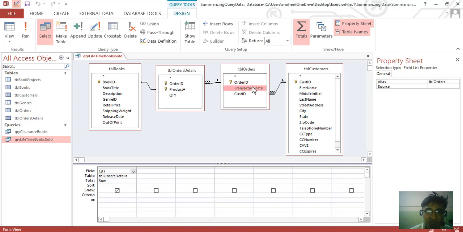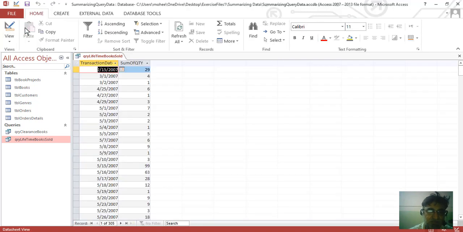By double clicking the transaction date field, or we can click and hold it and release it in the lower panel, and now we can see that the data is grouped on the date and the quantity is summed in front of every date, and those are the books which were sold on the same date.